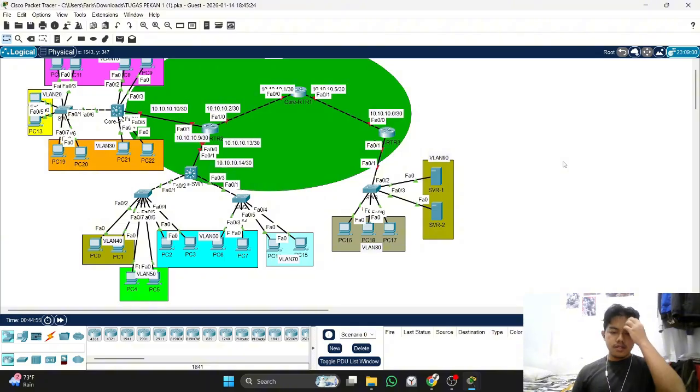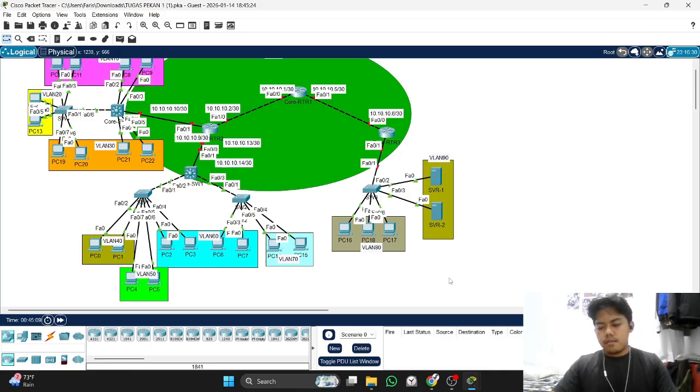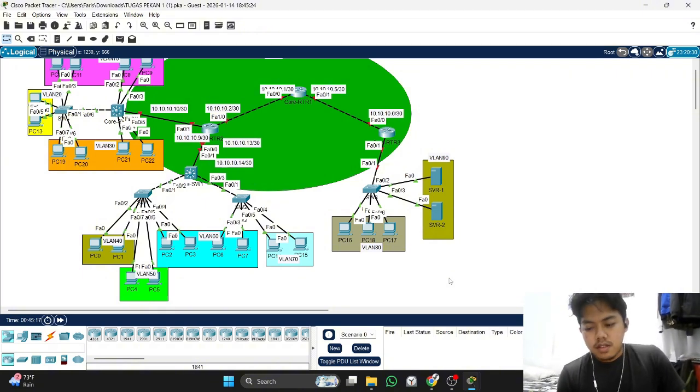The next step is we will configure this part. The steps are the same like before, and there is some configuration that is a bit different.